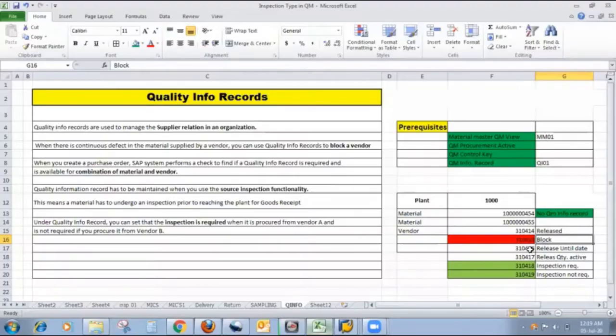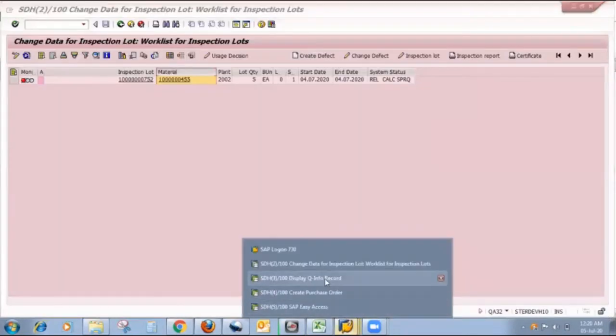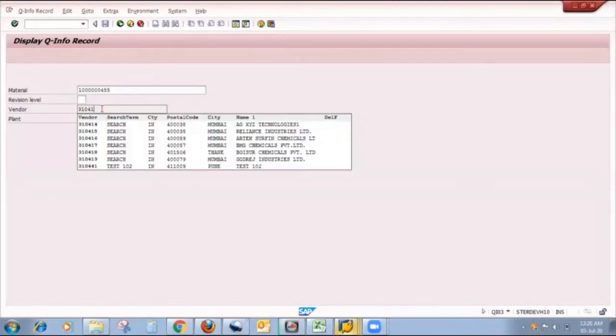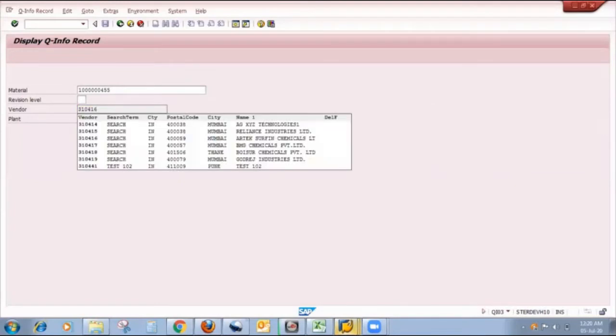Yes. So next I use vendor 310416, where I use the release until date. So what does release until date mean? This is my material, this is my vendor, and this is my plant. My vendor is 310416.